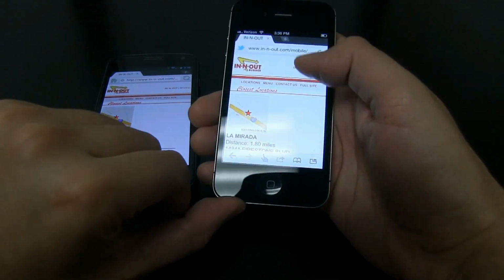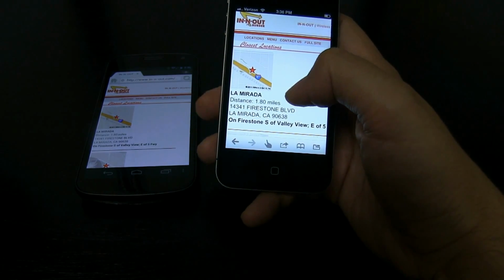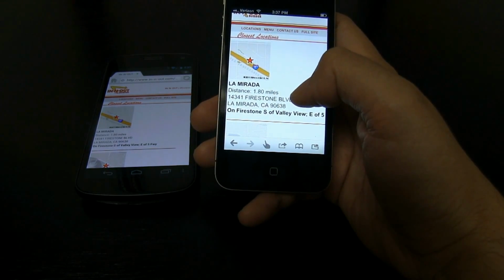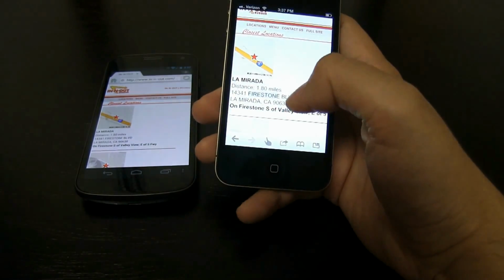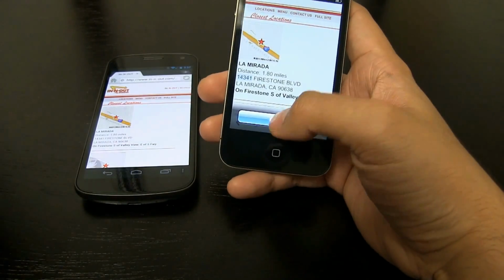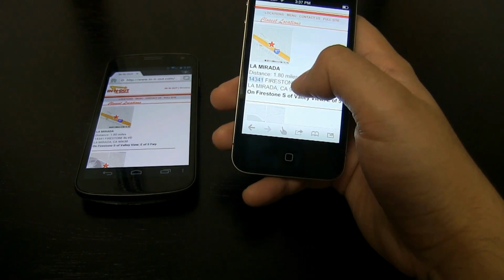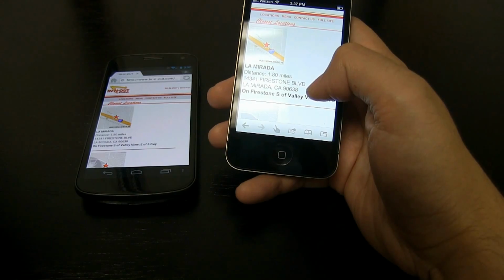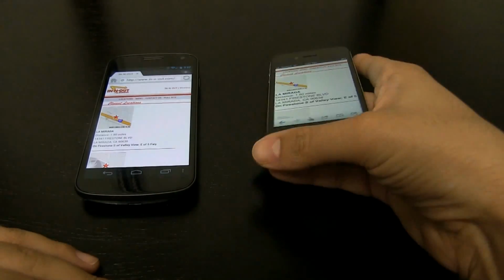Here I'm looking at the In-N-Out website and I'm searching for a location where I want to go eat. So I found one here in La Mirada. If I wanted to drive to this location, I hold this down but nothing happens. I want to copy this address, or I want to have it take me to maps. Again, nothing happens. So in theory, I would have to copy this address, load up a navigation app like Waze, and once again, it would take too many steps.